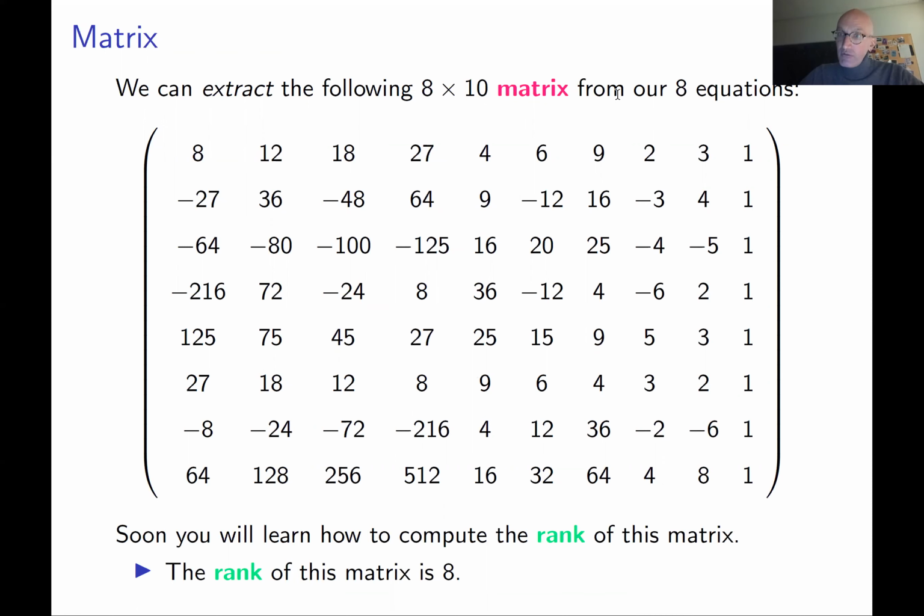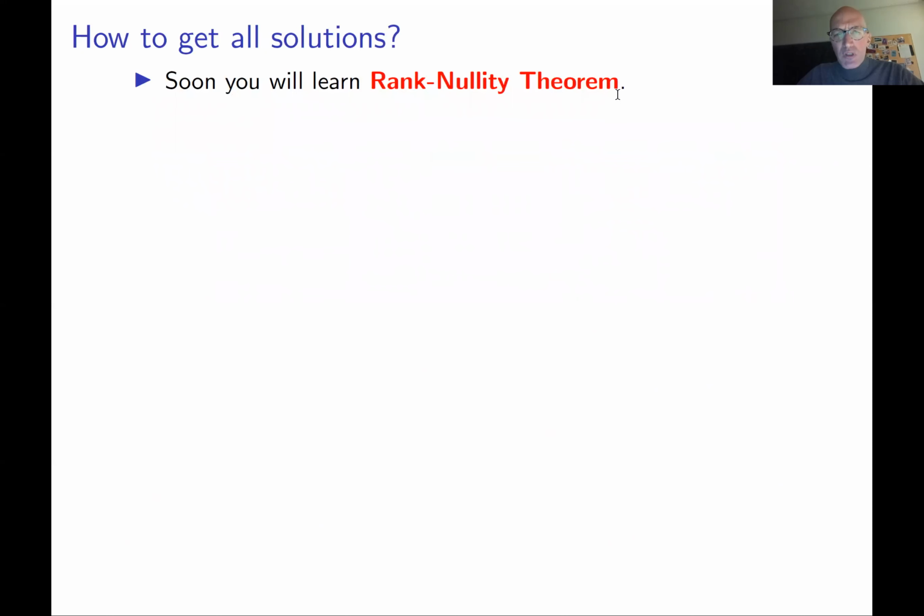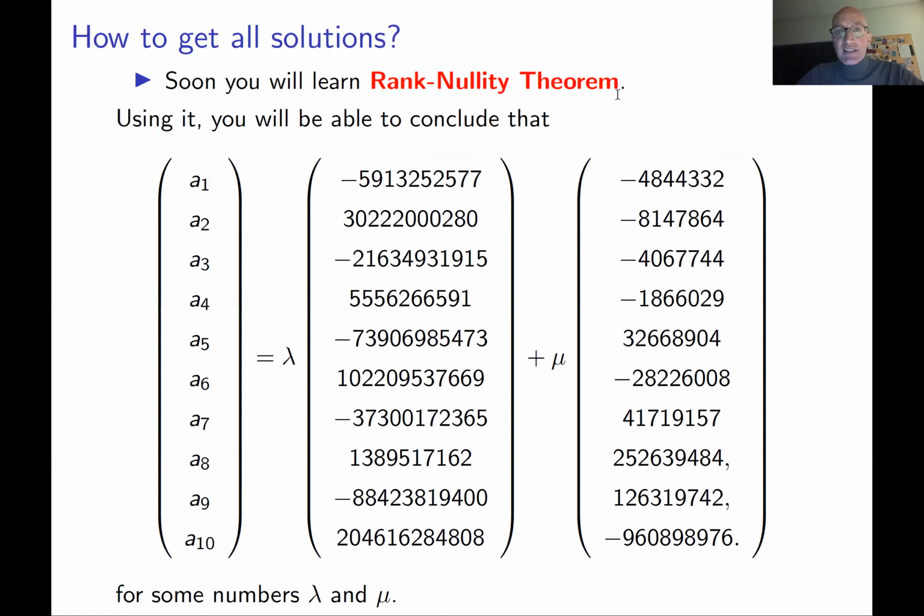And then you use a very nice, beautiful result from linear algebra, which is called the rank nullity theorem. You will learn soon what it is. Don't worry what it is, a beautiful result. But the rank nullity theorem basically tells you, if the rank is 8, in this case, and you have 10 unknowns, then all solutions of our system of equations can be obtained as linear combinations of two solutions we already found. We already found two solutions, which basically correspond to the red curve and the blue curve.